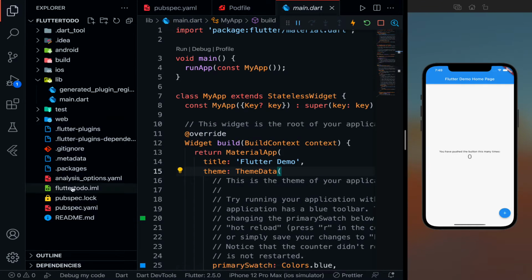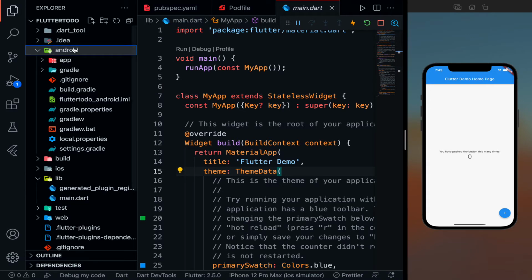So over here you need to see this is the project structure. This is the simple application that you're going to get when you create a new application in Flutter. So these are the simple folders. There is the Dart tool folder, the idea folder, and there will be one more folder, the VS Code folder. These three folders you don't have to worry about for now. They are just the extensions, the things that VS Code is installing in your project so that it works perfectly. So these two folders we don't have to worry about.